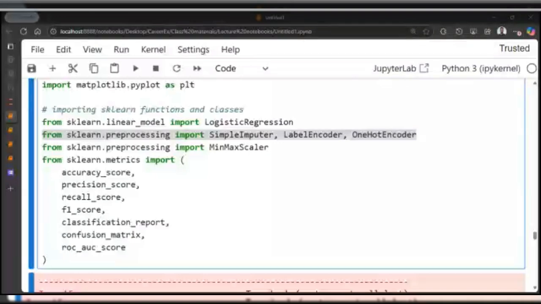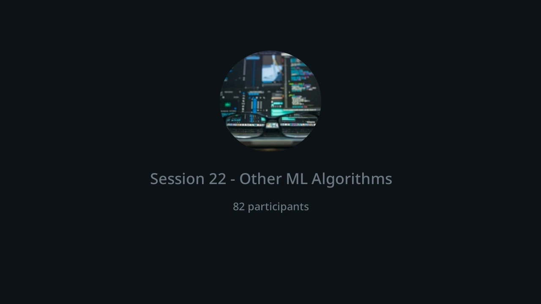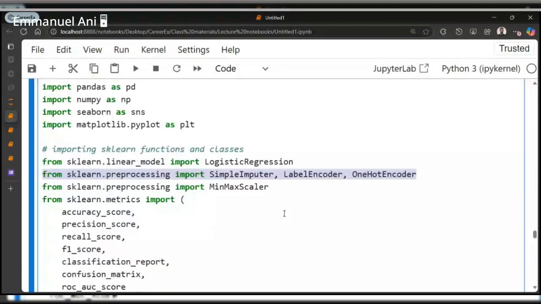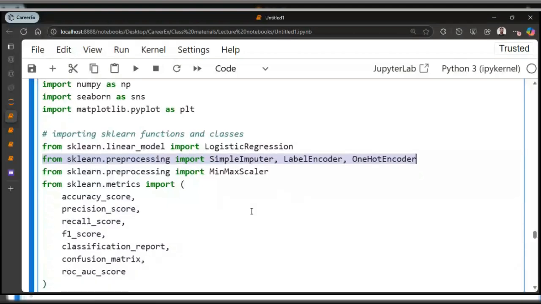I'm waiting. Can someone tell us what the issue is here? Because we're obviously getting an error. So we need to know what you can see in the error here. And I don't want you to see the error actually, because the error is going to give the problem out. But I just want you to look at this line of code that I highlighted.